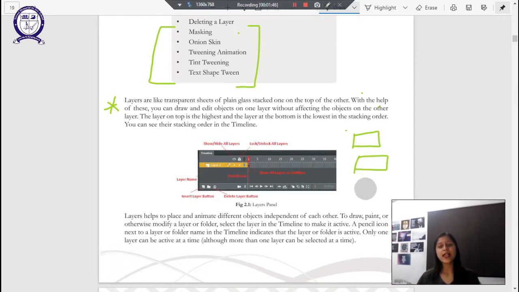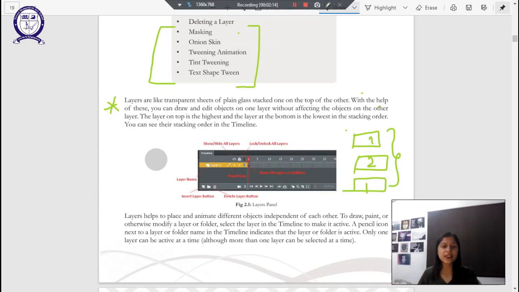So this is layer 1, this is layer 2, layer 3, and if we stack them together, they act like one. We can create something on layer 1, something different on layer 2, and then we can stack them together so as to create a unified effect.